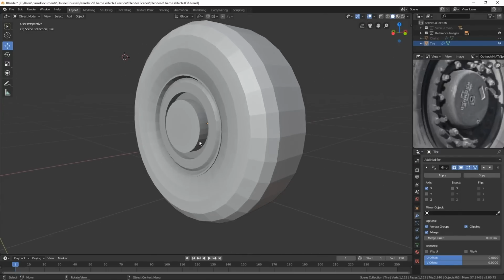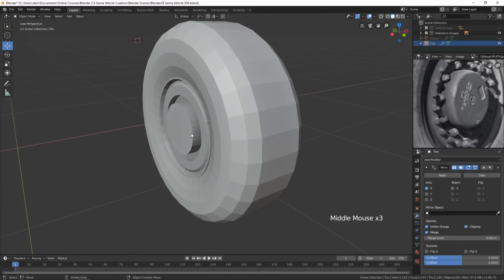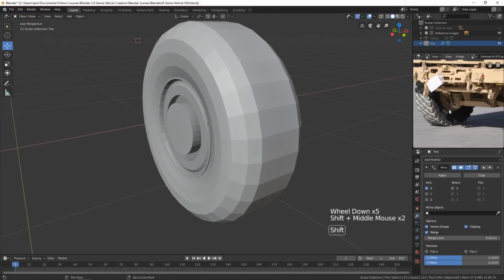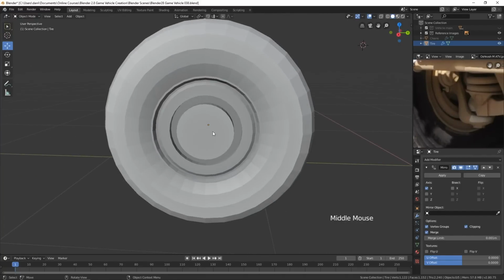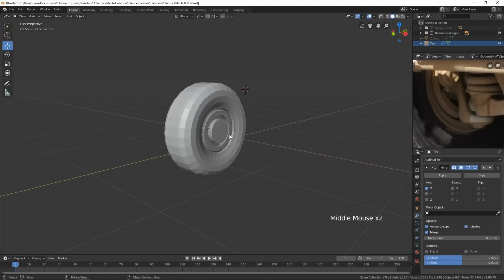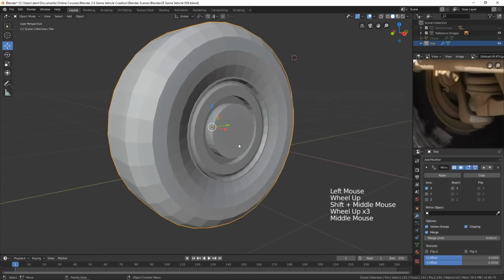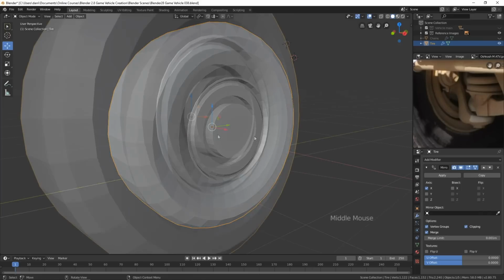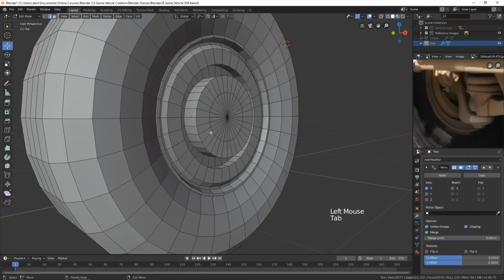We've also got it over here on the other side. However, I don't think it looks quite like this on the other side, because if we take a look at it kind of underneath here, that's not exactly how that looks. So I think it needs to be a little bit different on the inside than on the outside. So we're going to have to do a couple of things to be able to edit that inner part of the wheel. As I mentioned, I think I want to split this out, so I'll tab into edit mode and